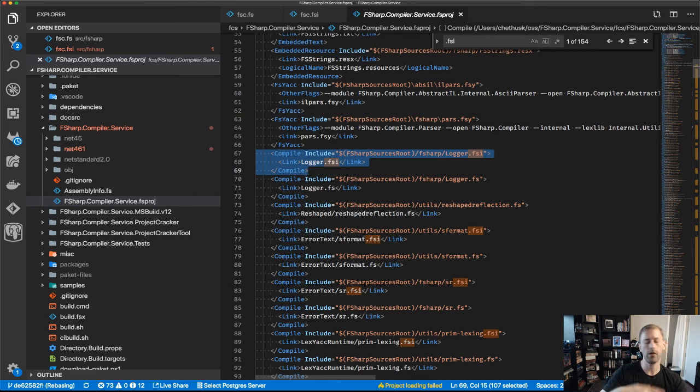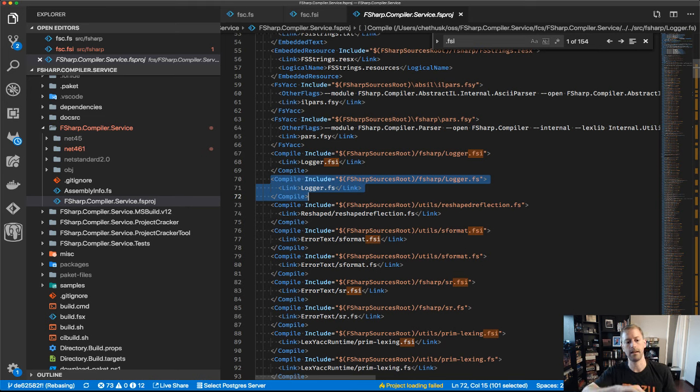It will load all the modules and signatures in the signature file into its type checking context, and then it will cross-check that against the rest of the compilation. I don't believe it matters where logger.fs is in the order, so long as it's somewhere after the FSI file. So whenever it sees logger.fs it will be defining the same members that are in logger.fsi, and so